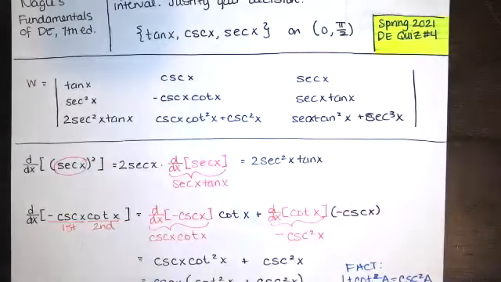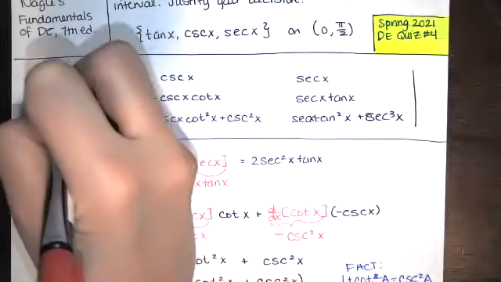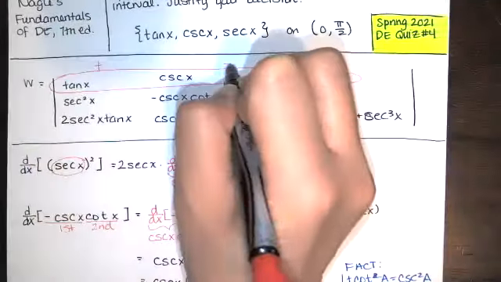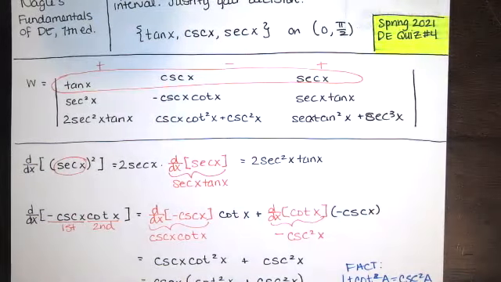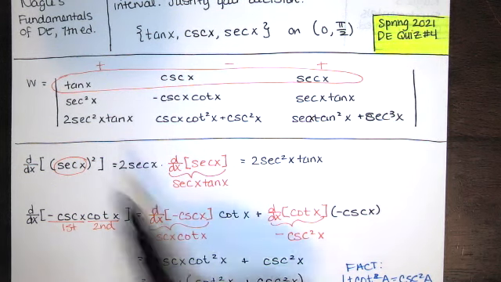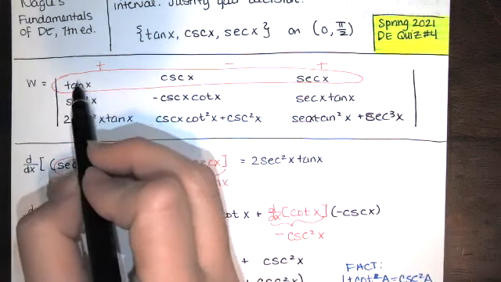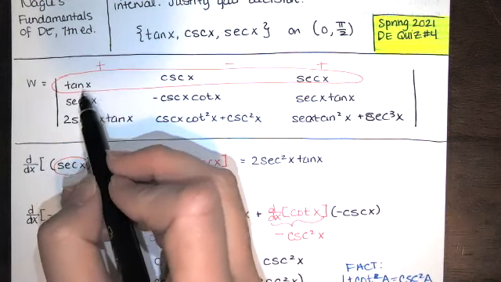So now I want to evaluate this 3 by 3 determinant. I can expand along any row or column that I want. I think I will expand along this one, just the first row. Remember your sign convention, it's going to be plus, minus, plus. When you write this in terms of smaller determinants, 2 by 2 determinants in this case. So the Wronskian of these 3 functions is positive 1 times tangent of x